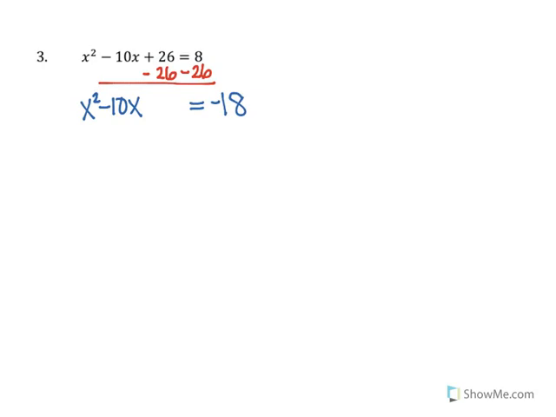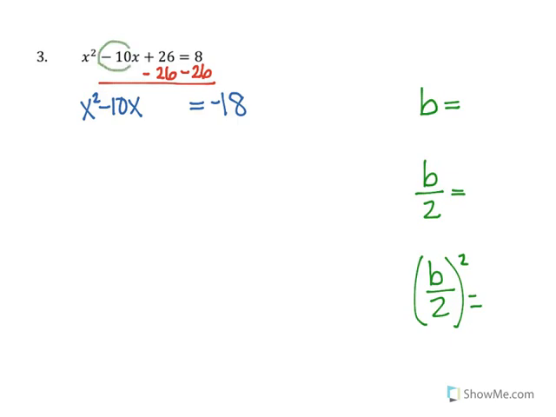Okay, step 1 is not done yet. We still have to find the three b's. So that would be regular b, b over 2, and b over 2 squared. So to start with b, it's always going to be that middle term that is attached to the x, so that is negative 10. To find b over 2, you're going to take negative 10 divided by 2 to get negative 5. And to find b over 2 squared, you're going to take that negative 5 and square it to end up